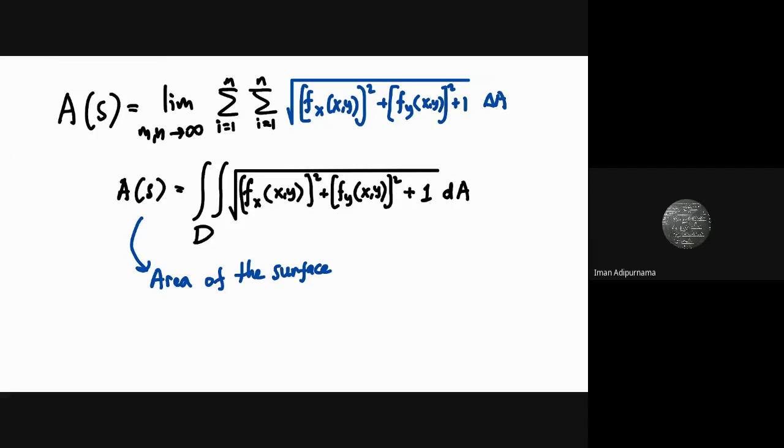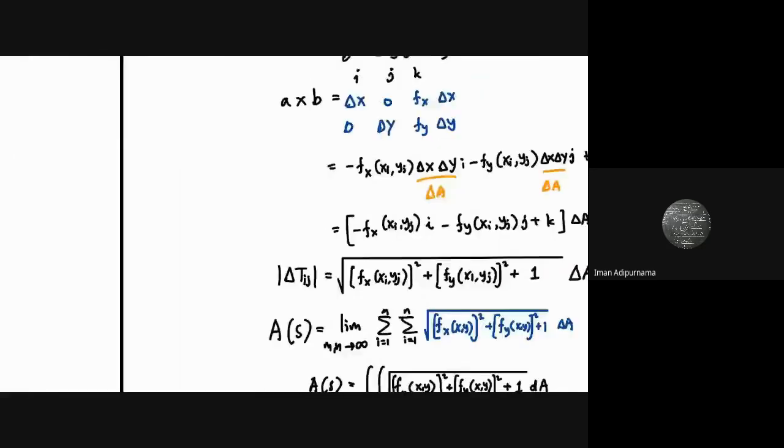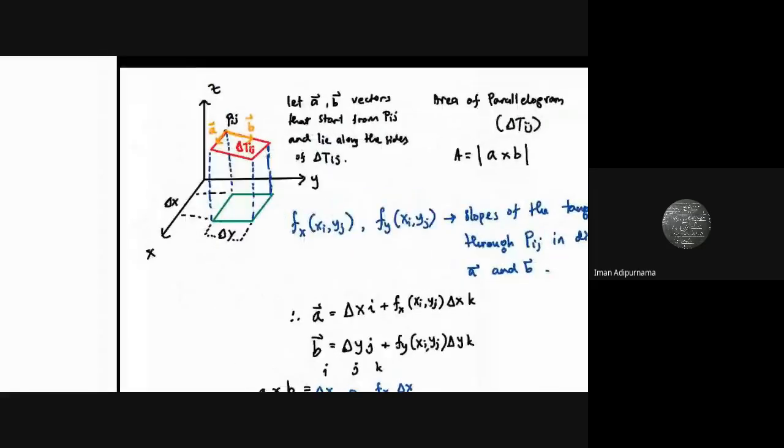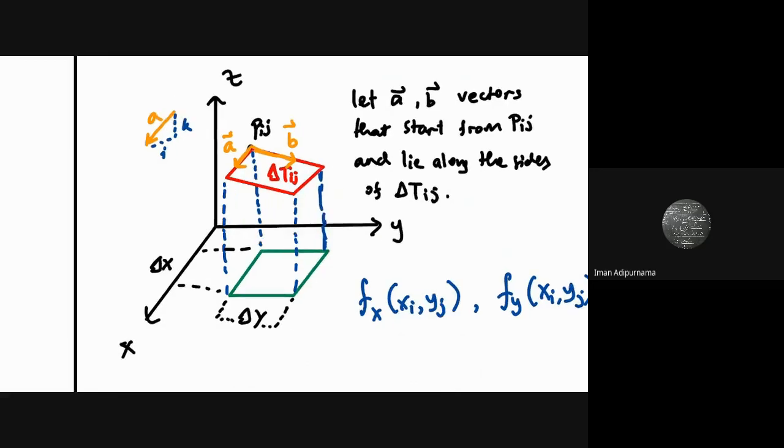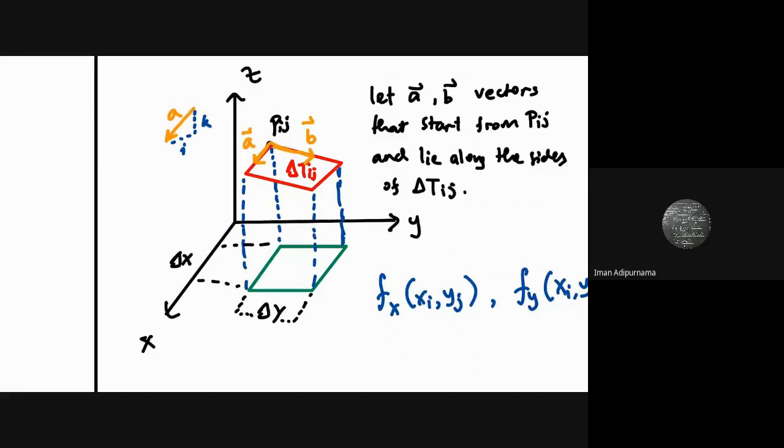Let me write here. So from this a here, it has this, right? So this i and k. Got it? And the k is the,